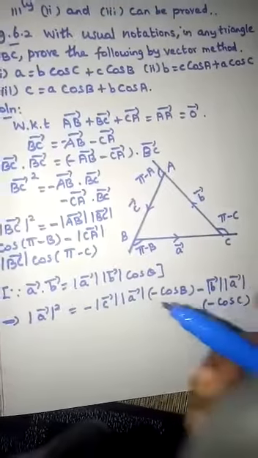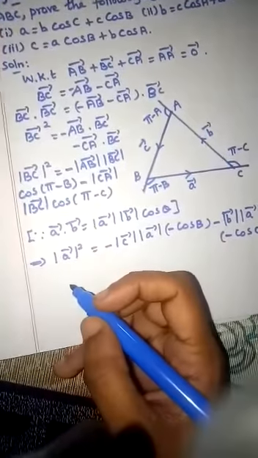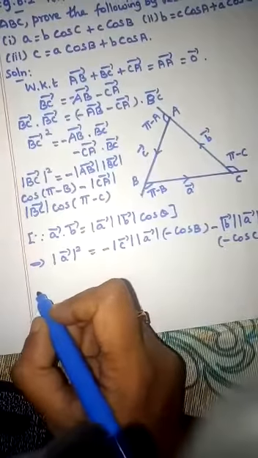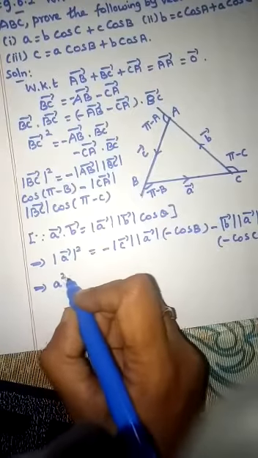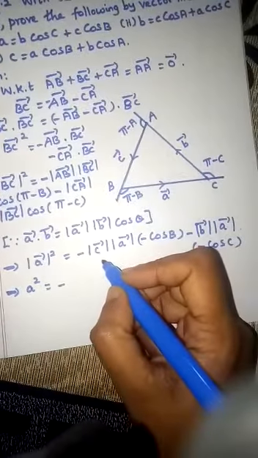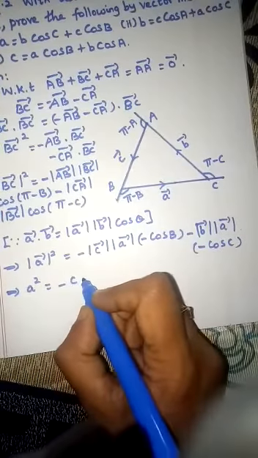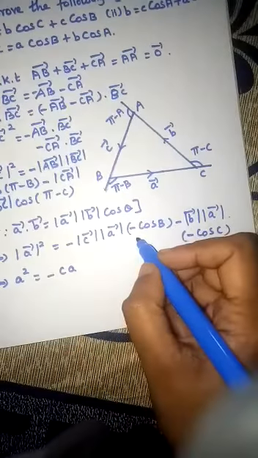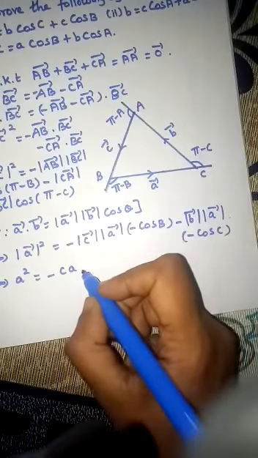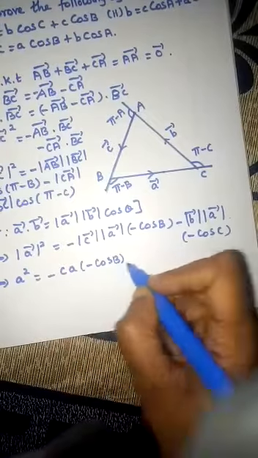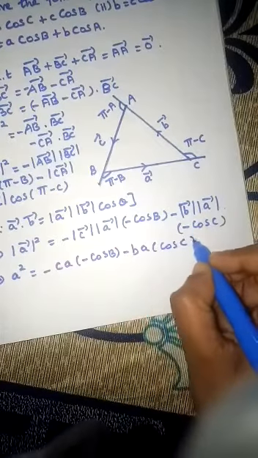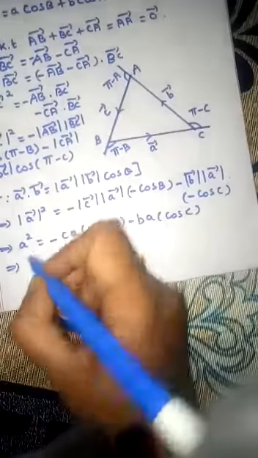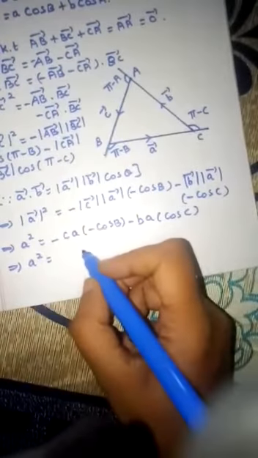So now if we have square means, now we can write modulus of A vector square as A square, which implies modulus of A vector can be written as A, the magnitude value. So A square is equal to minus. Here also same way, modulus of C vector can be written as C, then A, here we have a minus sign, so minus into minus this will become plus. Okay, in the next line I will write that. Then here also same way, minus B, A, then cos C, which implies A square is equal to minus into minus it is plus.